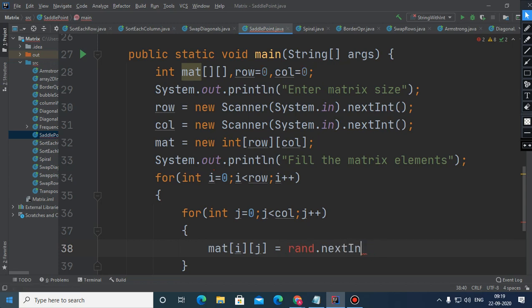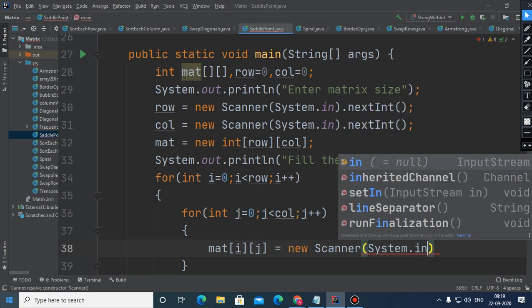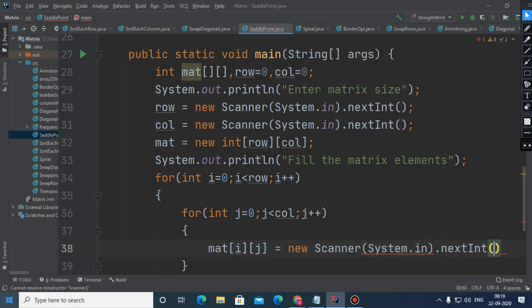It will be no need to take the Random class, just fill it manually. Children, this much we have done.